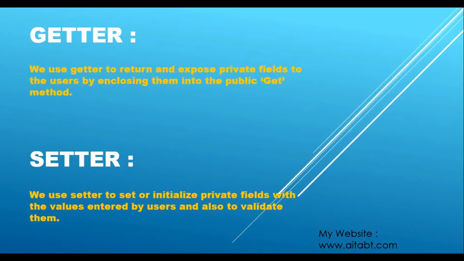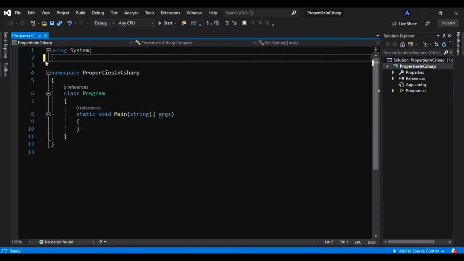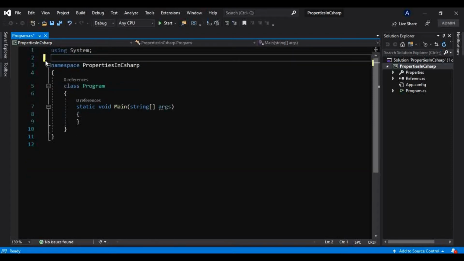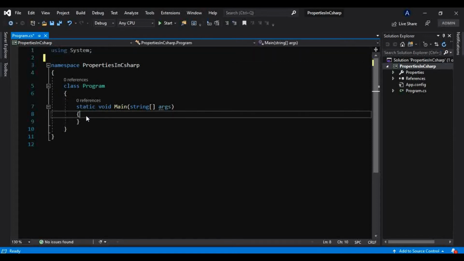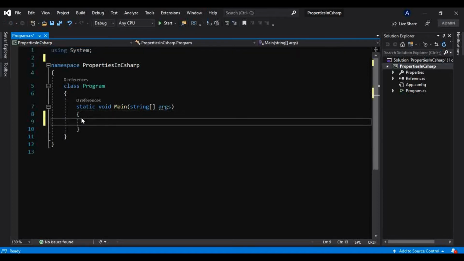So for that, let's just switch to Visual Studio. Okay, so this is the simple console application we have been using since the very first video of this tutorial series. I will get rid of the extra namespaces. I don't need them because whatever we use is coming from the System namespace, as we discussed in the very first tutorial, the introduction to C Sharp, what is namespace and why we use them.